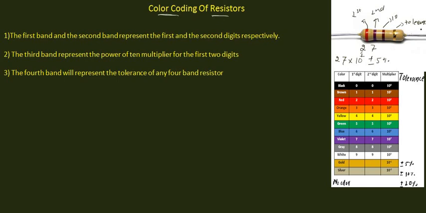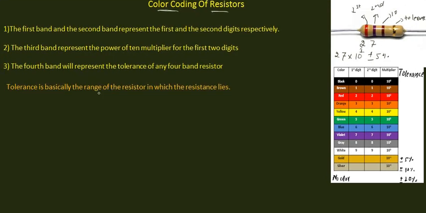Tolerance is basically the range in which the resistance lies. So from here we get the value of resistance as 270 ohms with a tolerance of plus minus 5%. By this tolerance we mean the range in which the value of this given resistor lies. So we need to find the maximum and minimum value in which this 270 ohm resistor lies. The 5% of this 270 ohm is